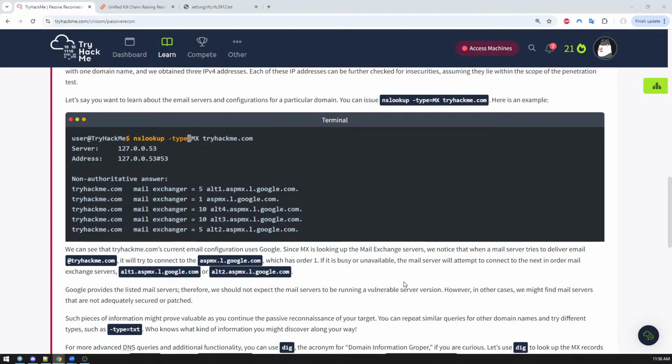How can you tell? Everything ends in google.com, I see. Since MX is looking up the mail exchange servers, we noticed that when a mail server tries to deliver email at tryhackme.com, it will try to connect